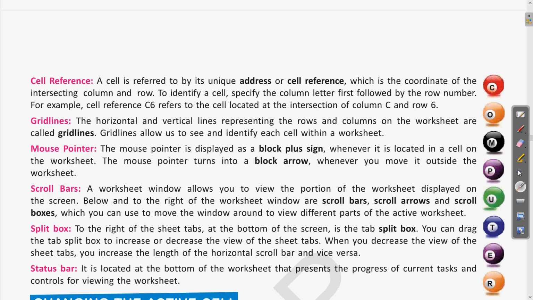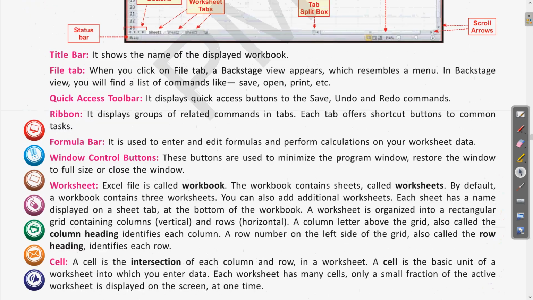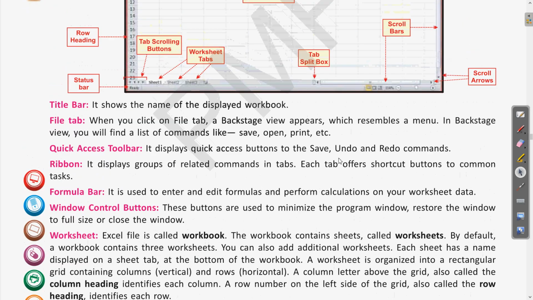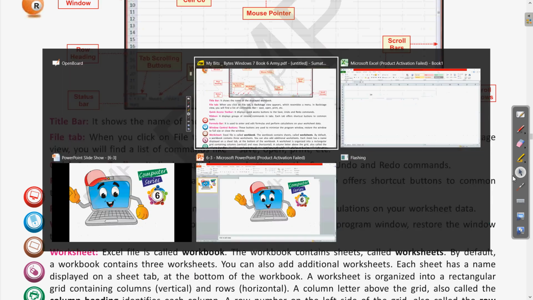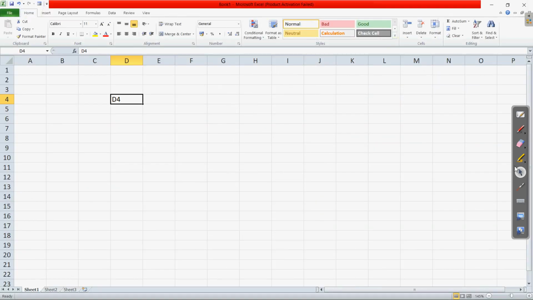Clear? If we see this window also, here we will find the tab split box, you can see here. If I come to this tab split box and change it, you can increase the size of the scroll bar.